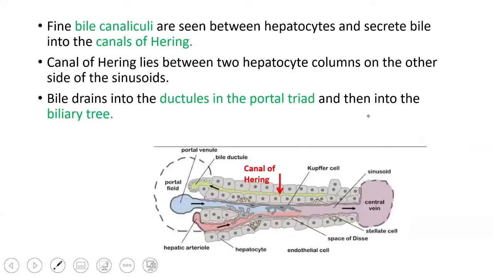The bile canaliculi, which are found between the hepatocytes, drain into small canals called canals of Hering. These are the canals of Hering, and they drain into the portal tract. Yeah, this side. So here is the portal tract. You have the bile ductule here. Bile travels along the canals of Hering to the bile ductule. From the bile ductule, they collect other bile ductules, get larger and gradually drain to the left and right hepatic ducts.